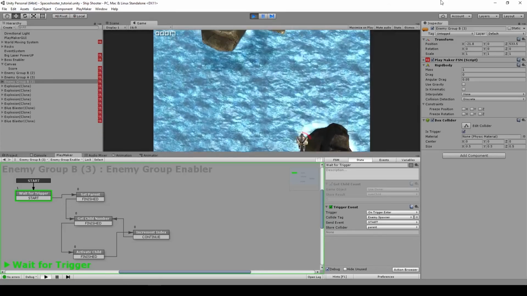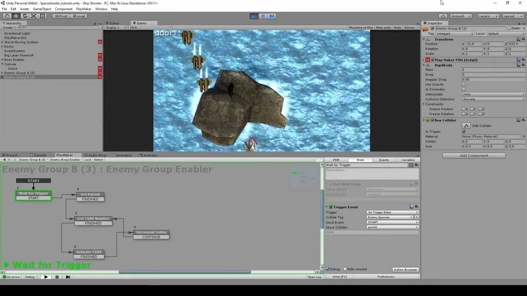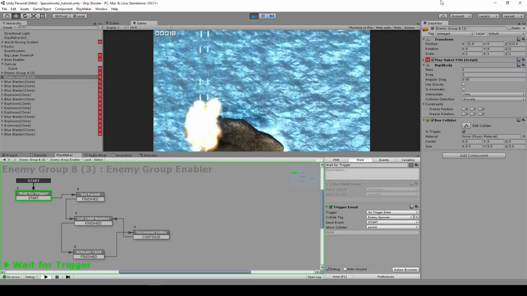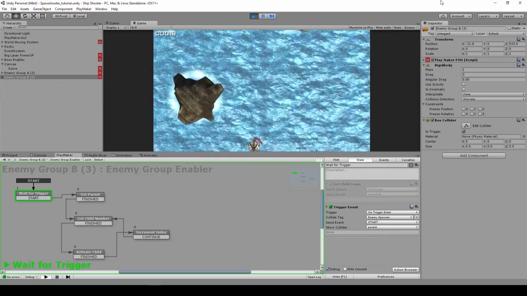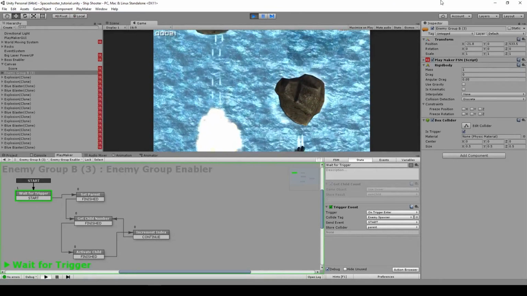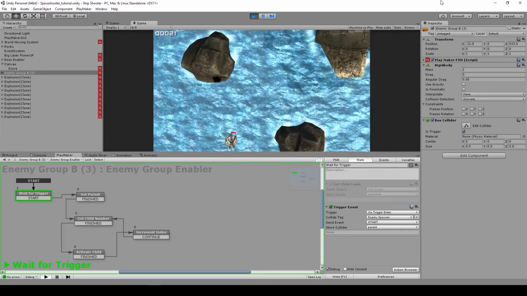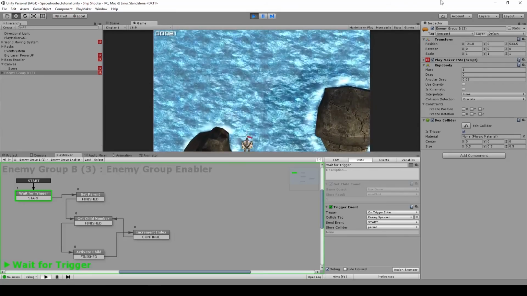Okay, yeah, I'm close to destroying my own ship. But you see the ideas on how to create a shoot 'em up game here. Just create different patterns, and okay, soon I will get destroyed. I really suck at my own game, so